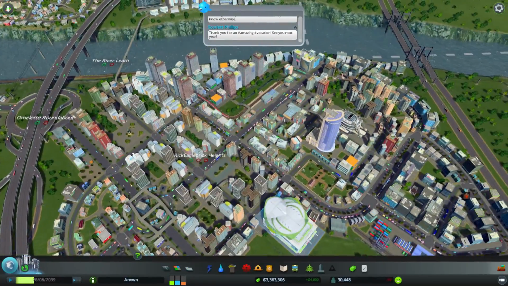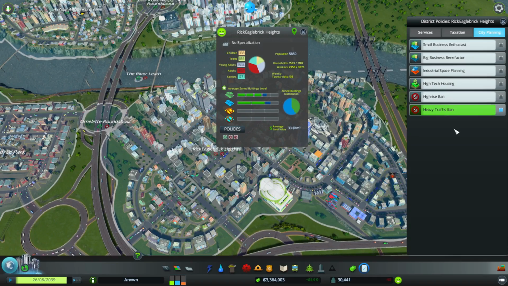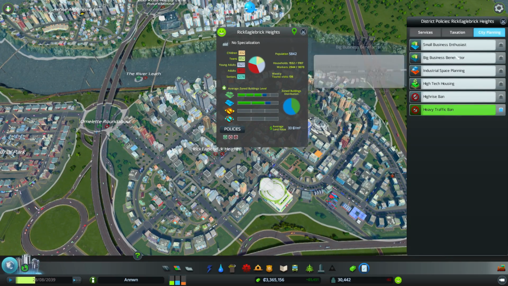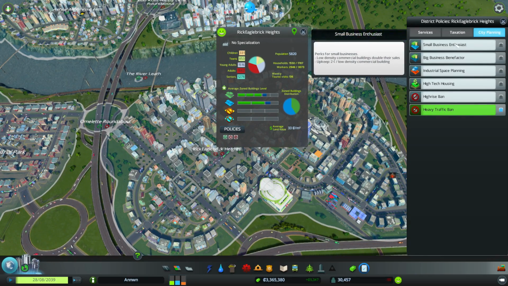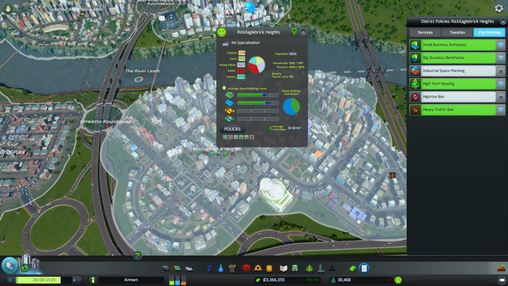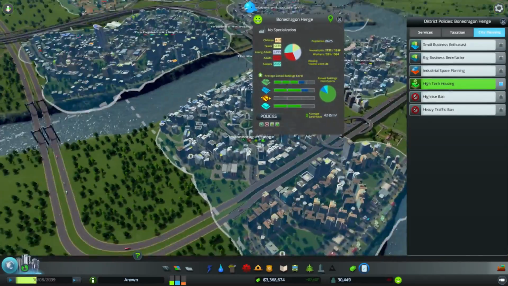It has been suggested to me that I go through some of the districts and turn on a policy. A city planning policy, say high-tech housing. Turns homes into much cooler smart homes to raise the land value around them. Slightly increased land value. Upkeep is 4 super ultra megabytes per residential building. Big business benefactor, high-density commercial buildings, double their sales. That might be nice. Low-density commercial buildings, double their sales. You know what, I'm going to turn all of those on for this area. Hopefully that'll help. We'll also have high-tech housing here, but those are the only 2 districts that I'm going to